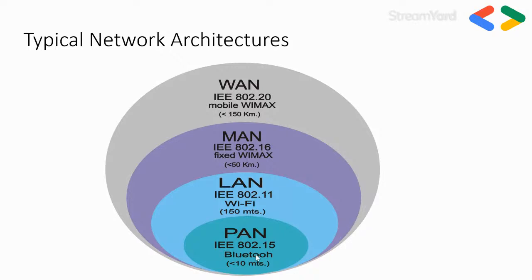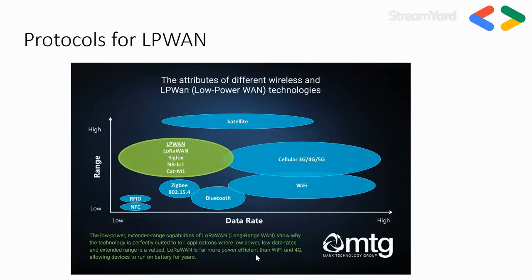Usually, not just for IoT or low power wide area networks, we have a paradigm between three distinct categories: range, data rate, and power. You can't have the three together. So we can't have a protocol that gives us a high data rate and at the same time consumes very low power, and at the same time covers a high range.